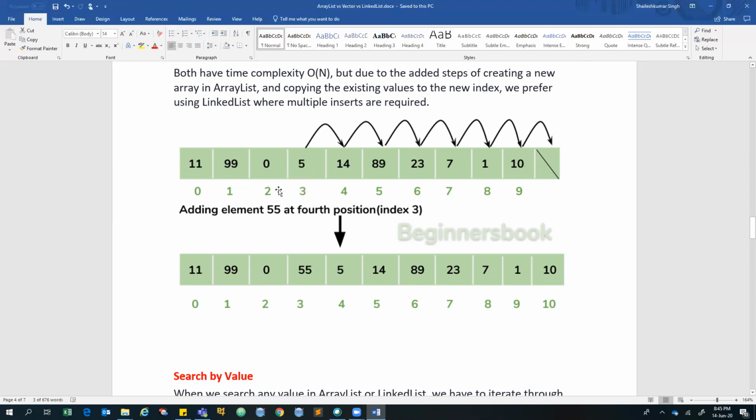So in that case I first have to go to this index. Okay, I have to insert 55 at this index. What about the 5? At index 3 there is a 5, so in that case I have to shift it. I'll shift this, then this space will be empty, and then I'll store my data. So again, first I have to search that index, then create a space, shift all the elements, and then insert. This is again a heavy operation.